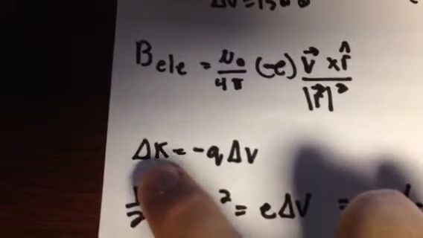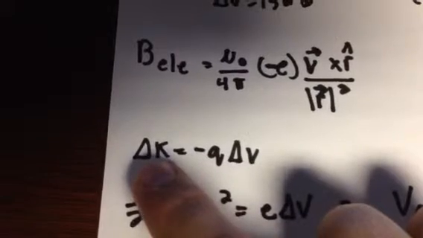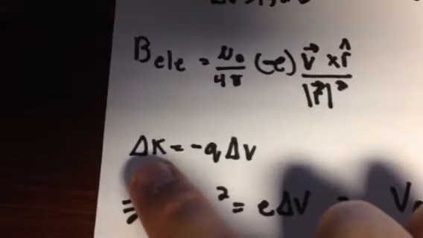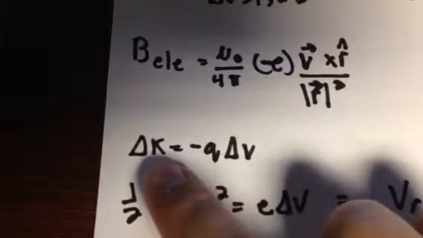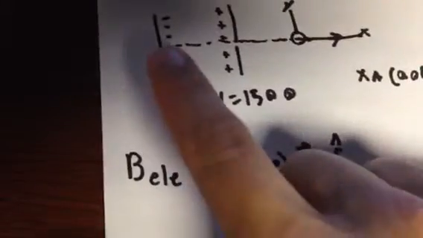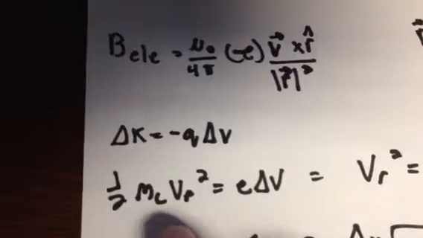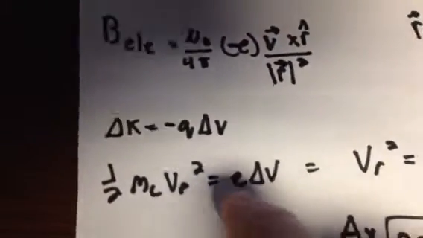So delta K equals 1/2 m v squared minus 1/2 m v initial squared. Since it is initially at rest, it's going to be just the final velocity. So we have 1/2 m, the mass of the electron, the final velocity squared, is equal to